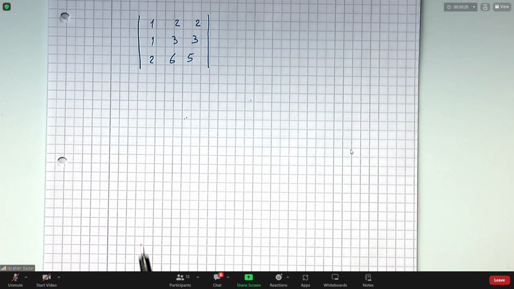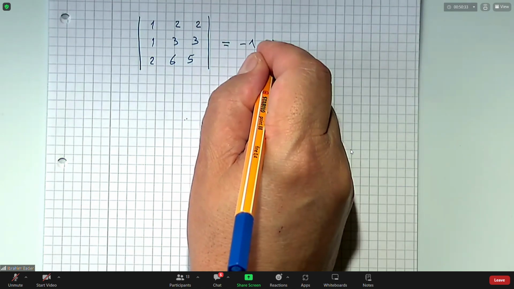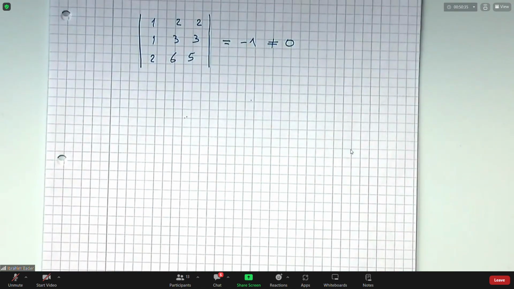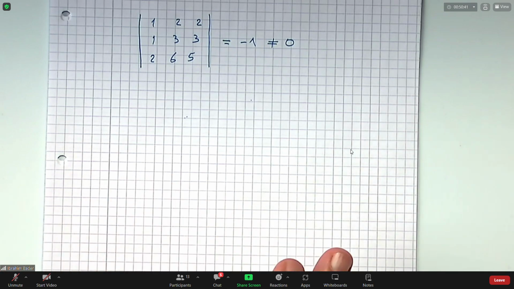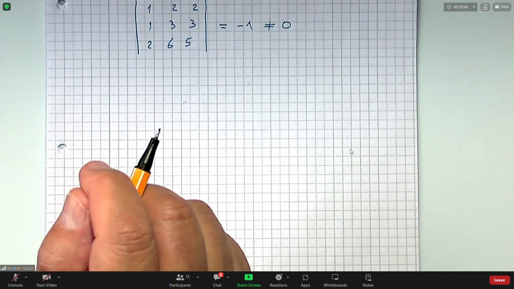Okay, thank you. So this is equal to -1. And anyway, it's not equal to 0. That means there is a solution for this one. And how to evaluate this solution? You remember we wrote this as,